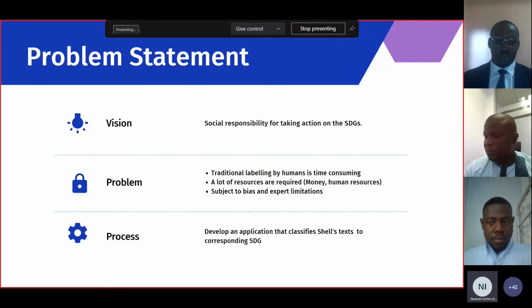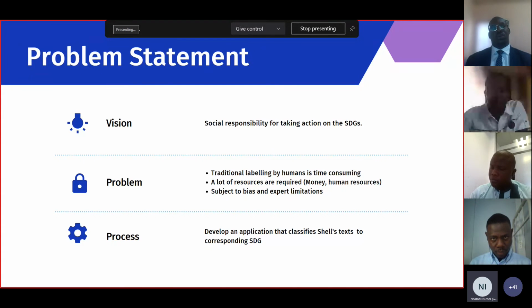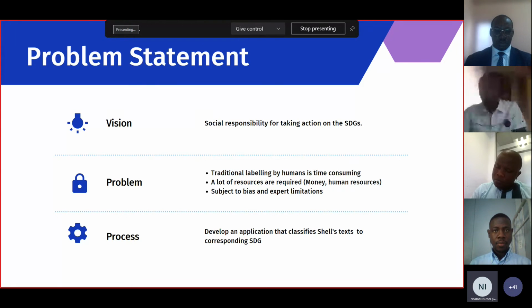Our problem statement. It is the aim of all the stakeholders to take social responsibility to ensure that all the SDG goals are being achieved. Our goal is to create an application that will help the stakeholders be accountable in an easier manner. As it is,